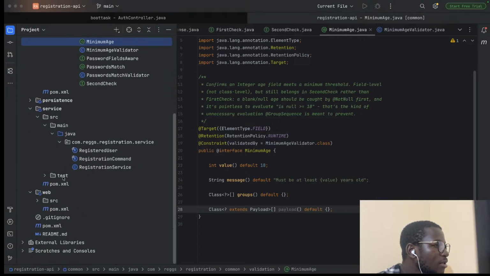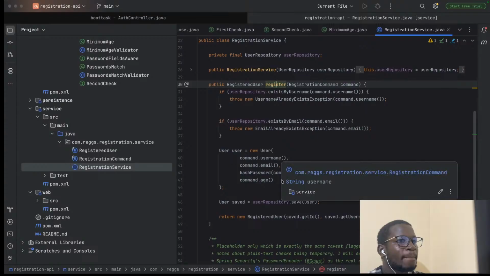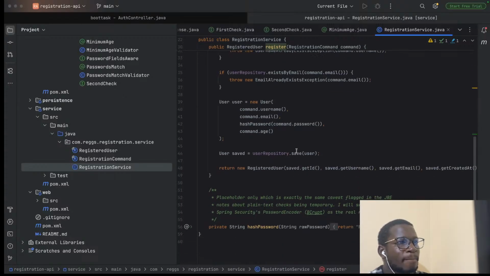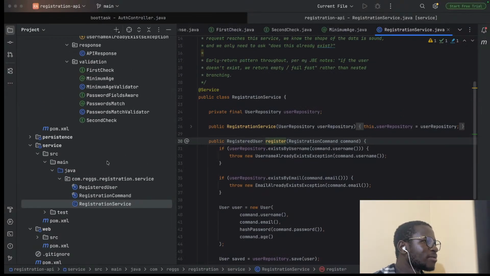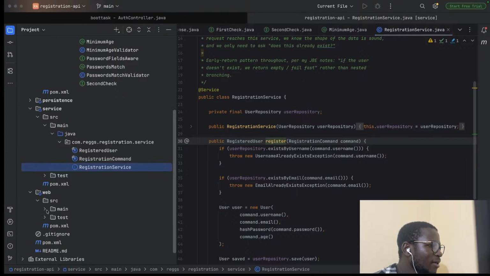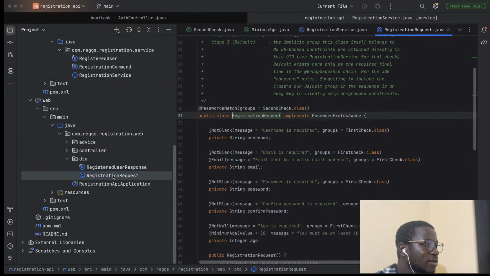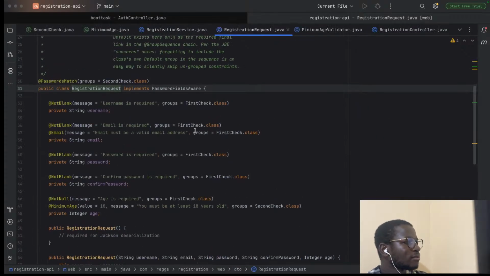Yes. Ndio hiyo hapa. This registration service. Yes. Okay. So kwa minimum age, iko wapi minimum age? Or the model, the registration request model. I think that's in web. DTO registration request. This one. Oh, sorry. Yes. So the minimum age,